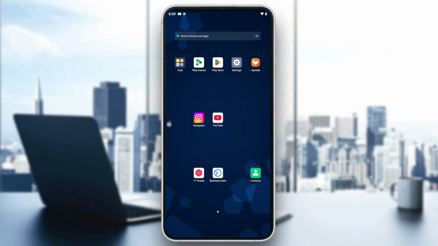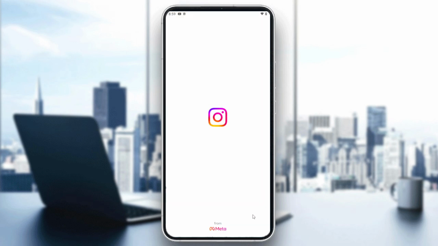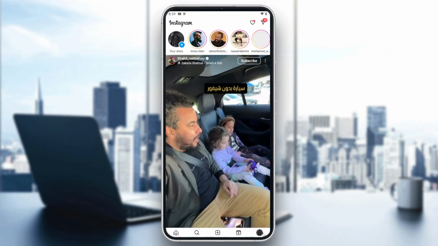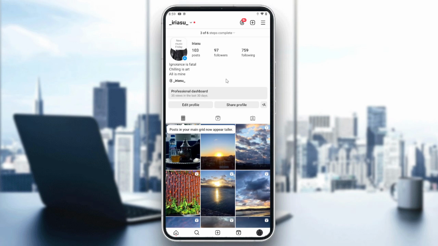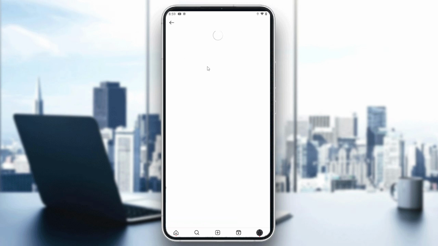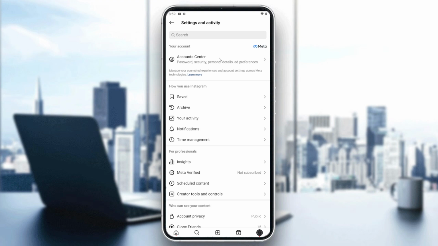So basically the first thing would be to open your Instagram, and after that we need to go to the profile. From here we need to go to the settings so we can find our watch history, or you can find all your activities. So as you can see here,